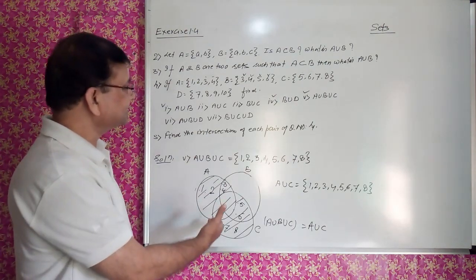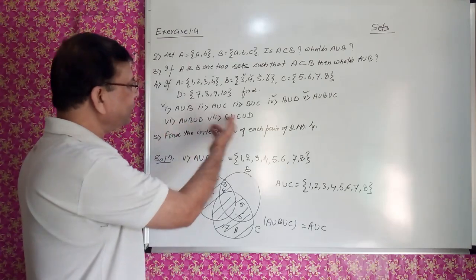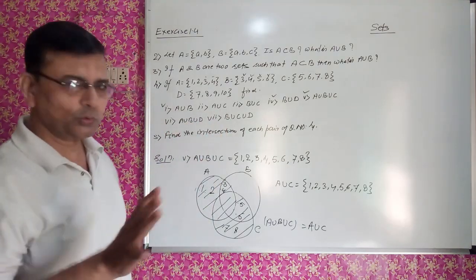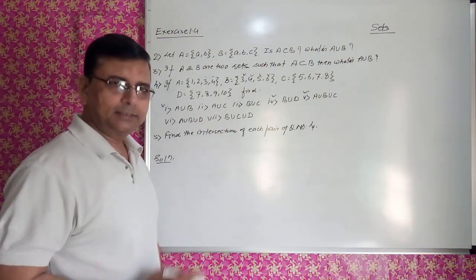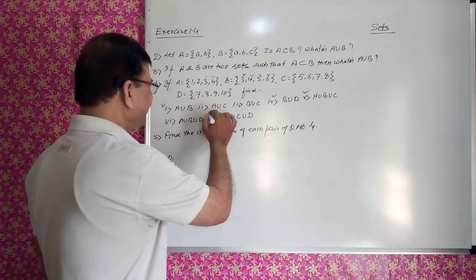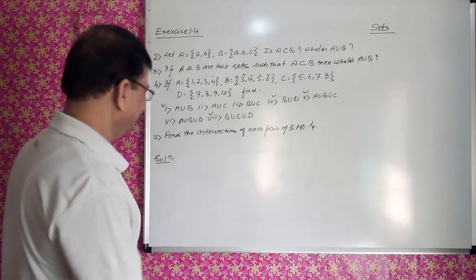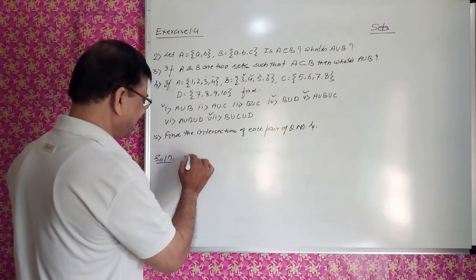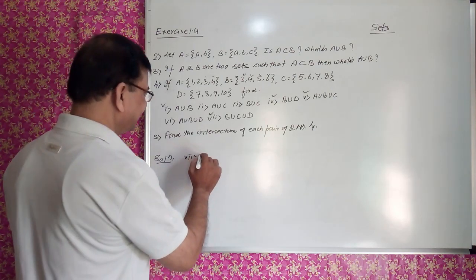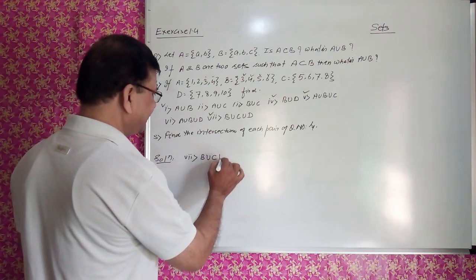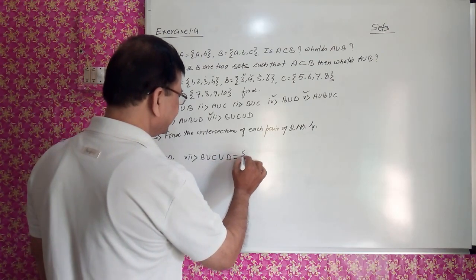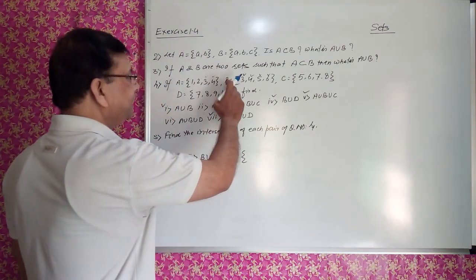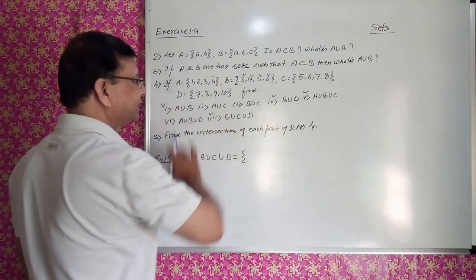So this is the concept for A union B. Remaining you try by your own. You will be able to do, I am 100% sure. चलिए आपके लिए ये पार्ट भी हम कर देते हैं. ठीक है. So 7th part. देखिए B union C union D. ये भी निकाल करके देख लेते हैं. B union C union D.